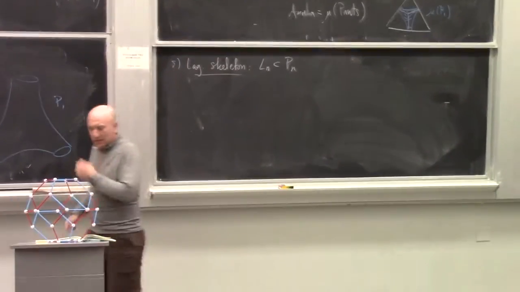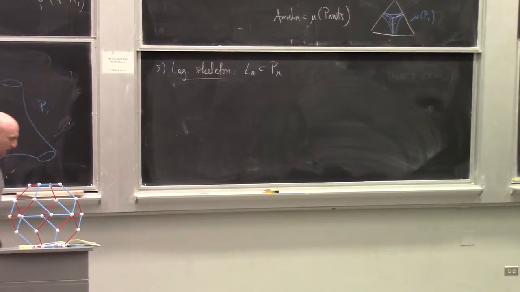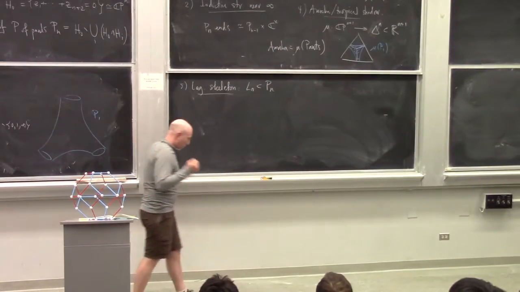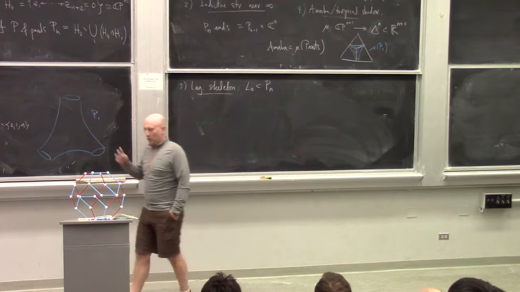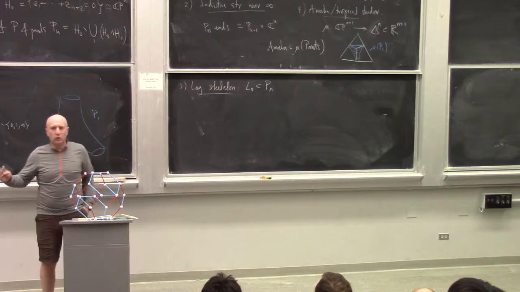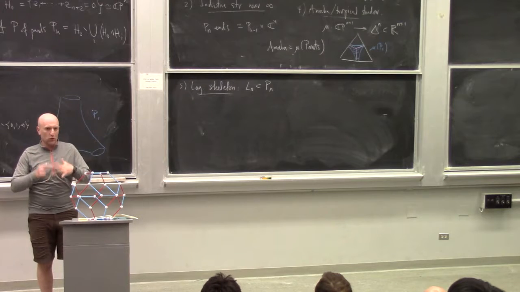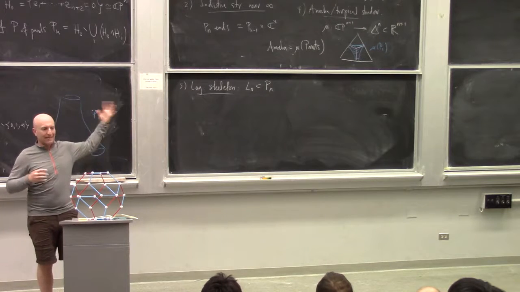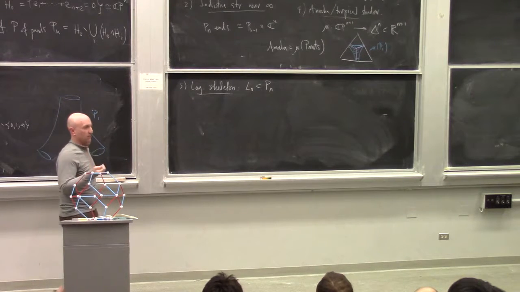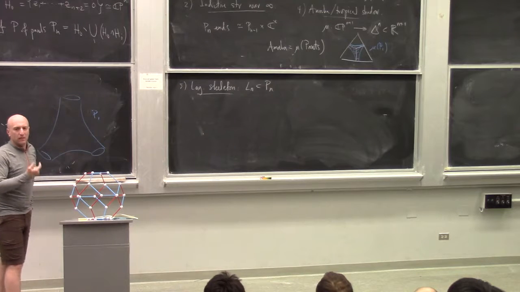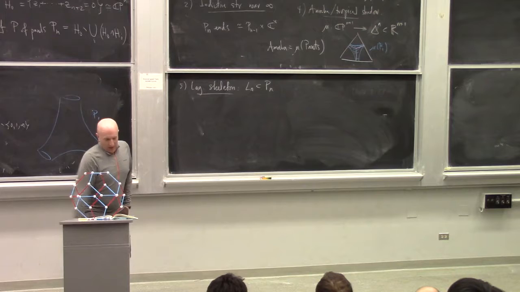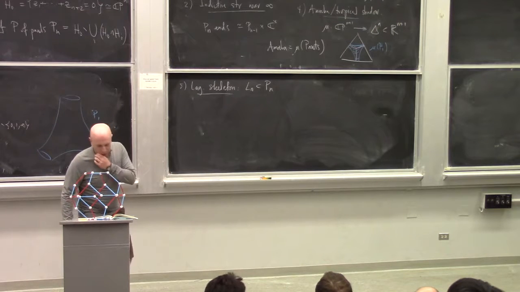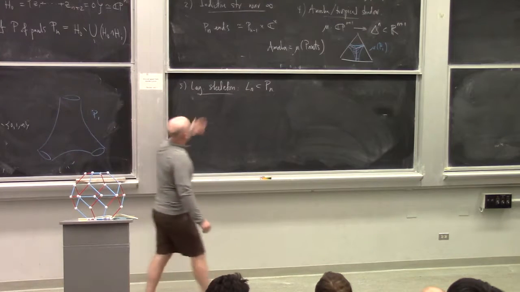Let me say, as a philosophical point of view, that my goal in trying to understand this kind of geometry is to let go of the symplectic geometry and understand it just in terms of the combinatorics of the skeleton. This is an example of that kind of game. Okay, so with that in mind, let me tell you what the most natural skeleton is.